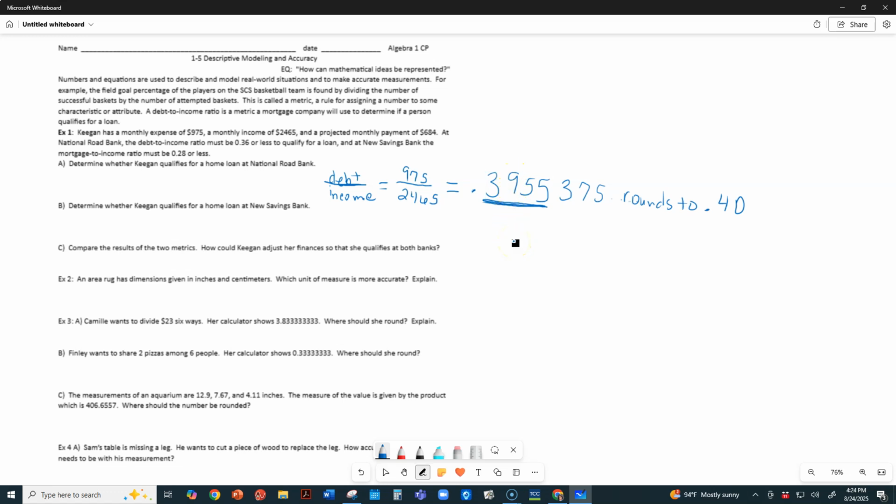So I'm going to underline the second decimal place. I'm going to look next door. And if it's 5 or higher, I'm going to let this soar. That means I'm going to add 1 more to it. So add 1 to the 9, you get a 0, and carry the 1 over there, so it changes to 40. And now they want us to compare. It says must be a ratio at 0.36 or less. His is 0.4. Is 0.4 0.36 or less? No,